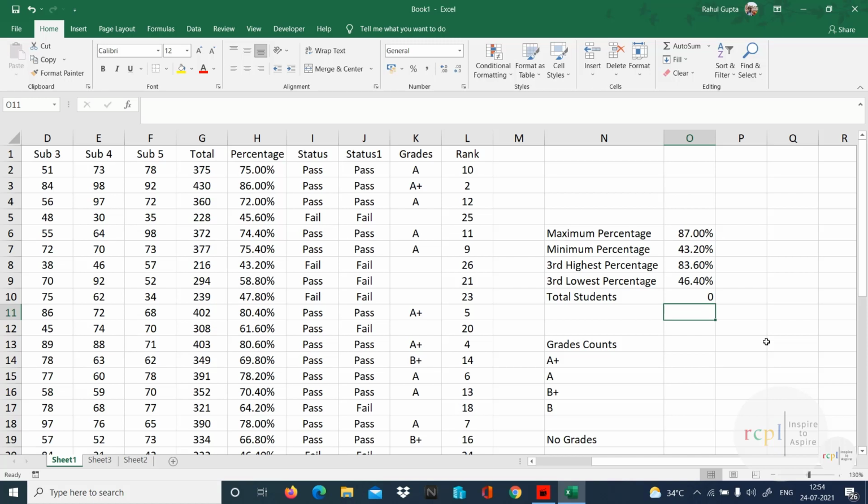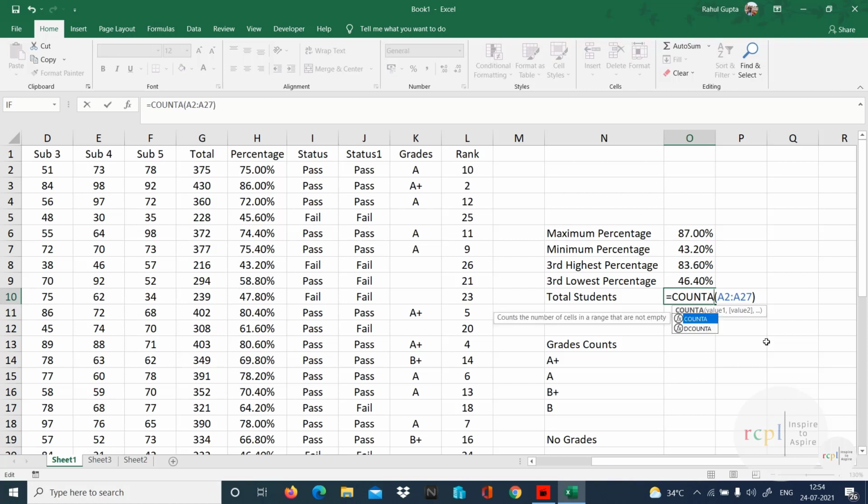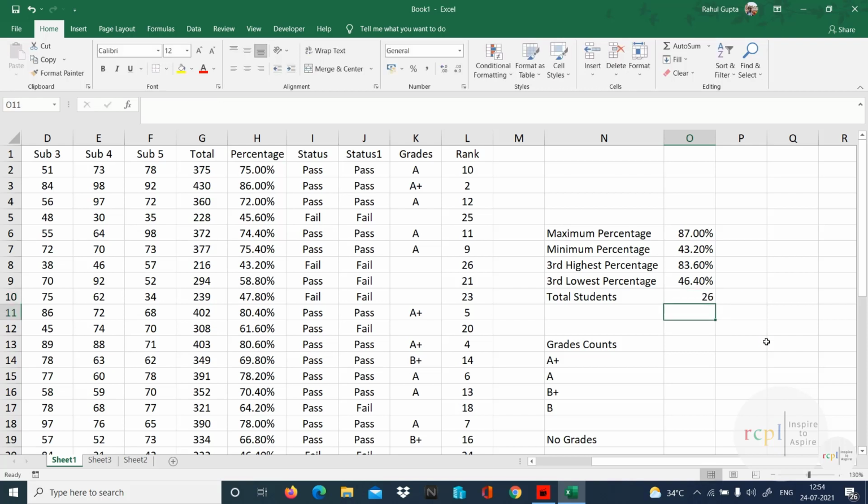It does not count any kind of alphanumeric value. That's why it's giving me 0. So if you have to count anything except blank, you have to use COUNTA. COUNTA counts anything except blank. So we got the total number of students as 26. So COUNT when you have to count numbers, and COUNTA for anything except blank.